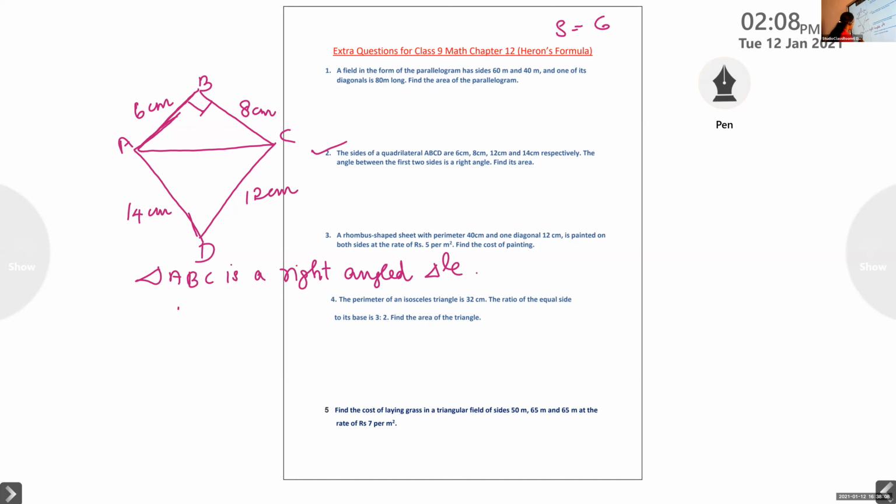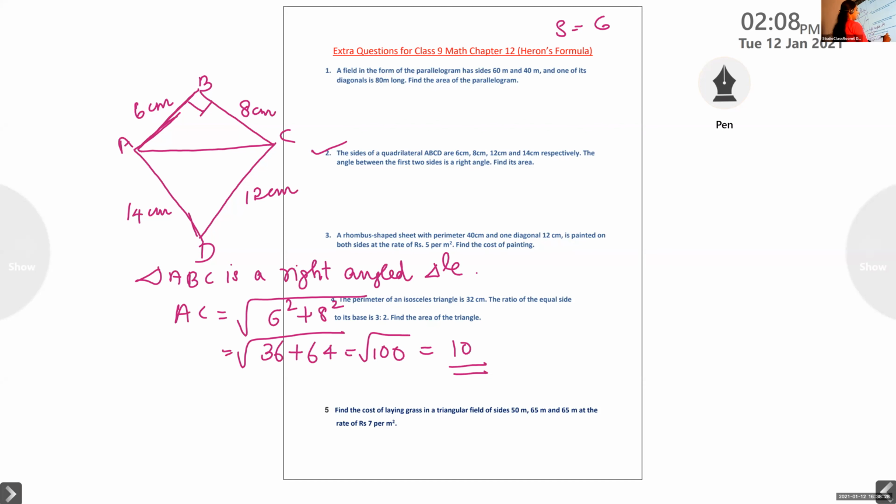So you can find AC, that diagonal, because it is a right angle triangle. You can use Pythagoras theorem. Root of 6 square plus 8 square is root of 36 plus 64 equal to root of 100 equal to 10 centimeter. If you get this diagonal, it will be easy for you because you can find the answer as triangle 1 area of quadrilateral equal to